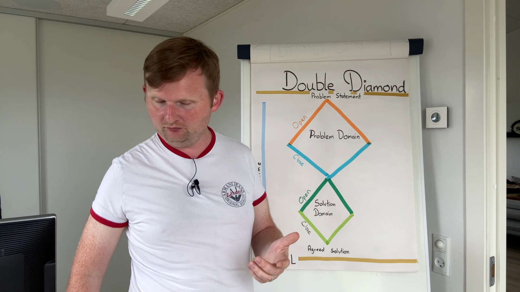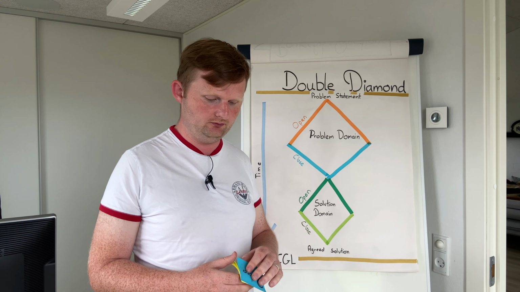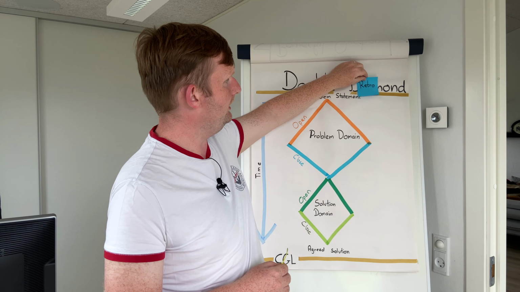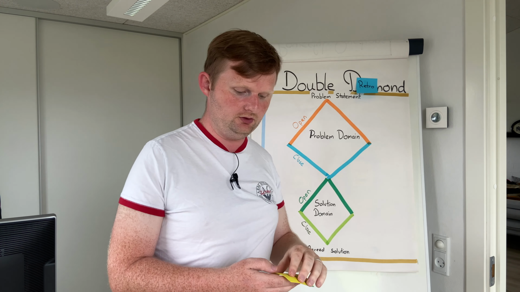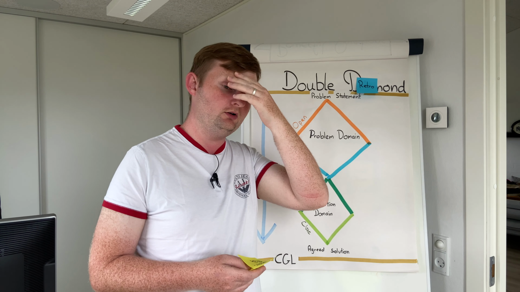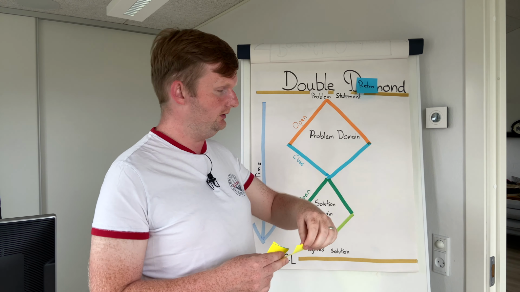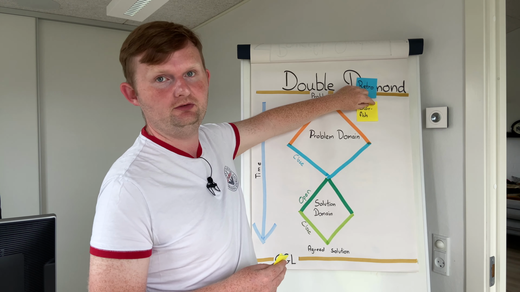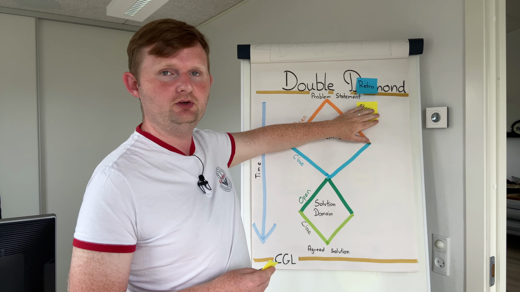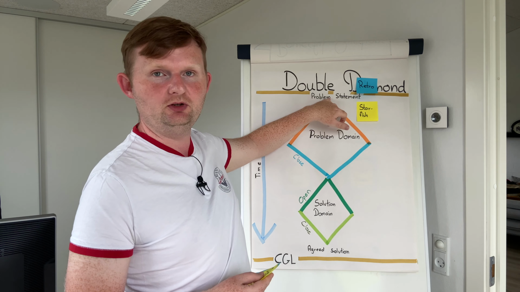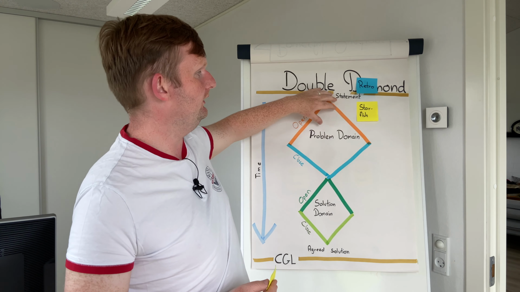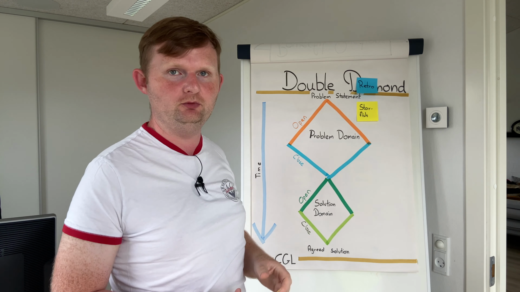And some examples, for instance, if we are having a retrospective, how could we map that to this double diamond model? So if we have a retrospective, first off, we have had an icebreaker, we have set the stage and so on. Then what I like to do is having a starfish with an appreciative column. In this way we are brainstorming a lot of issues. So the problem statement is, how can we make this team even more awesome? And then the starfish helps us to identify a lot of problems.